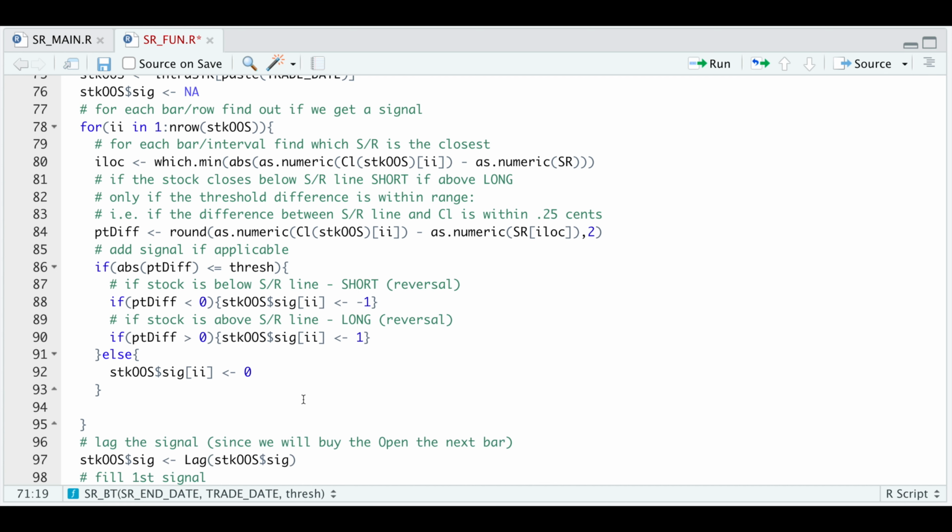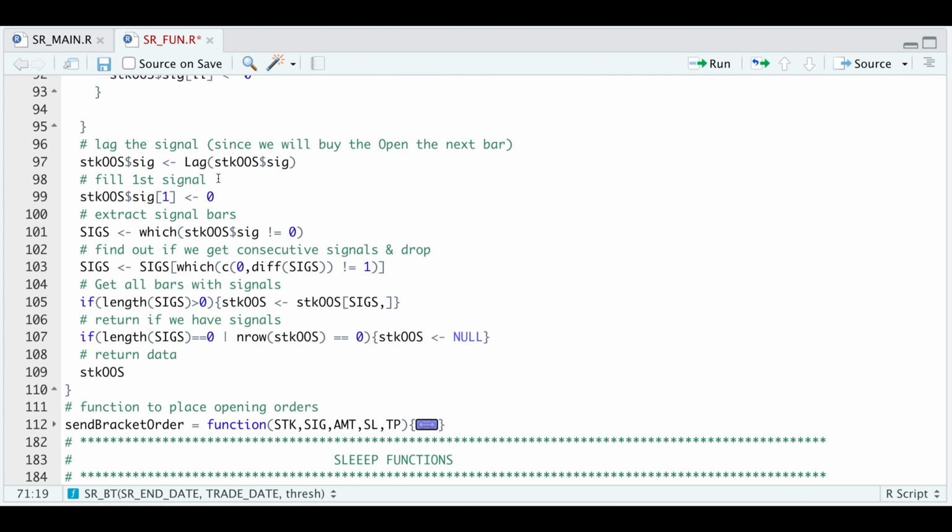After we assign our signal, we're going to then lag our signal column, since this will get run at the open at every bar. Next, we subset cases where the signal is not equal to 0. And if we get consecutive signals, this will be a representation of the stock consolidating at a price range. In order to avoid sending orders at every bar if it's consolidating, I just removed the cases of consecutive signals and only kept the very first one. So this line will get rid of the consecutive signals. And then finally, just return the open, high, low, close along with the signal,